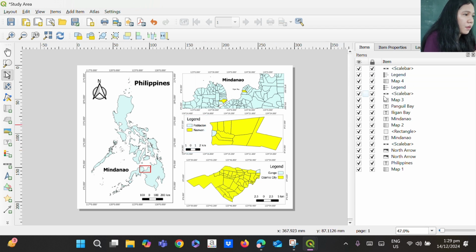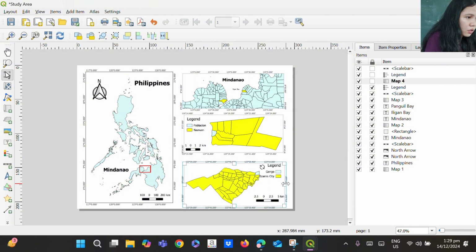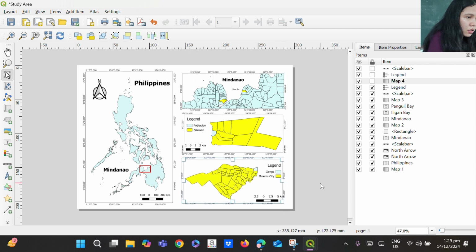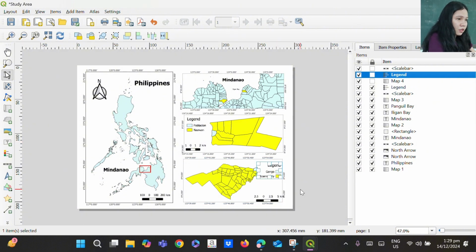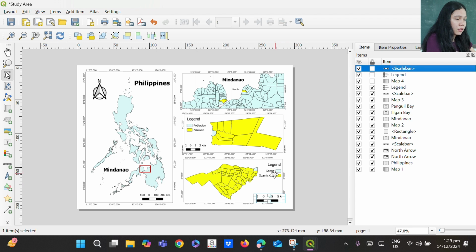Then lock again. Then edit the other map, the last one, into just here. Then I'm going to adjust the legend, and adjust the scale bar.